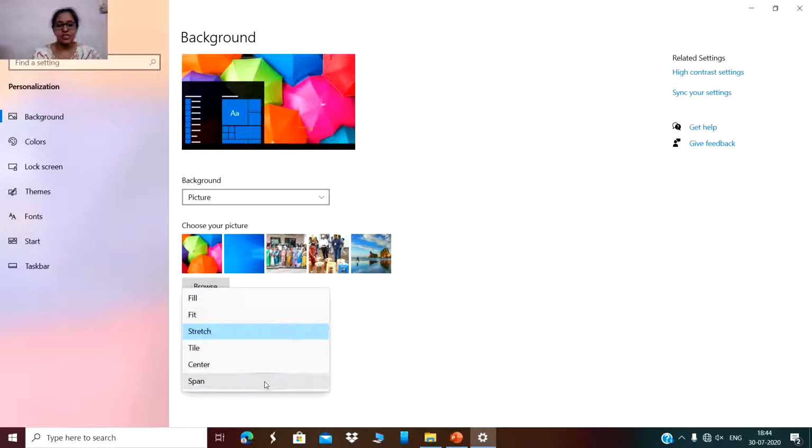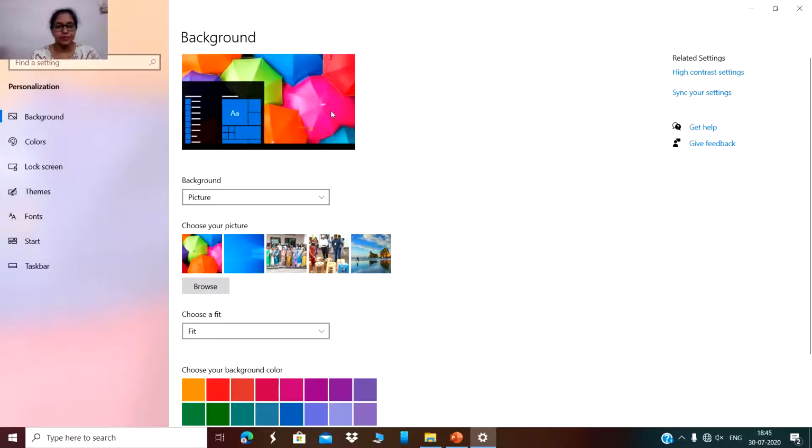This decides the manner in which the picture will be displayed on the desktop. We can choose one of these options such as Fill, Fit, Stretch, Tile, Center and Span. The selected picture is set as the wallpaper.